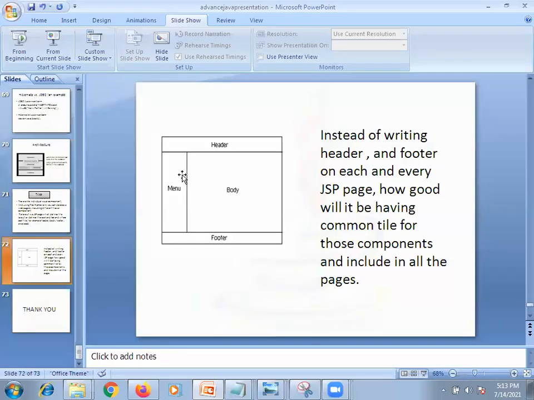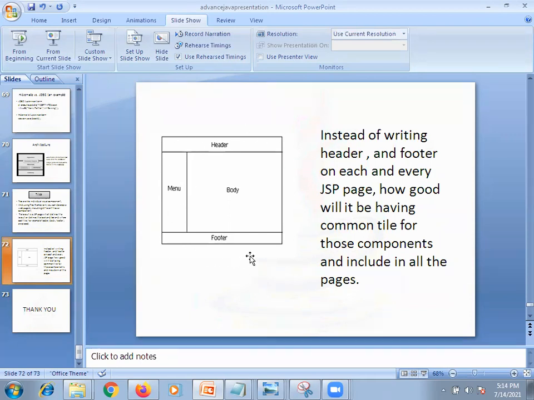Clear? Yes, sir. You don't need to develop anything, you are just going to note it. So what is the tiles concept? The tiles concept was developed by the Struts framework to make sure the UI is more flexible. It is for the view layer.